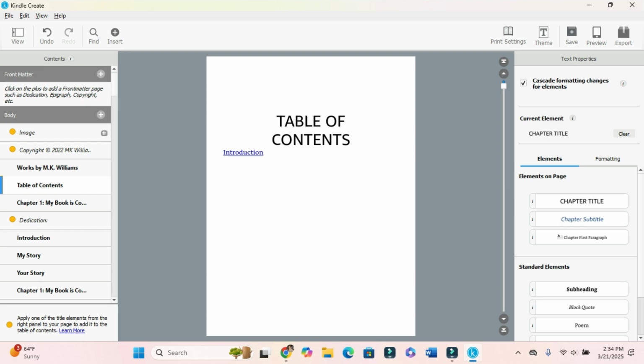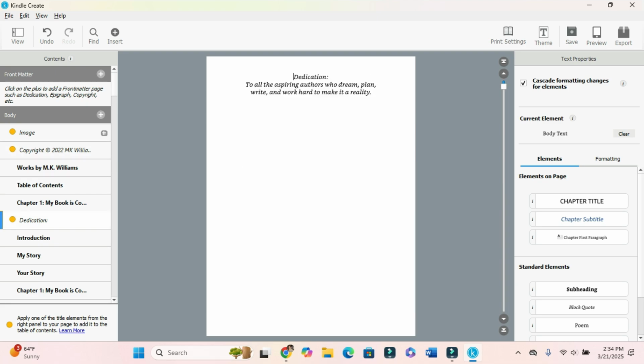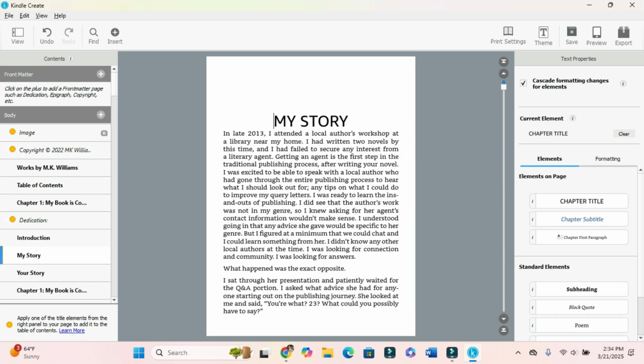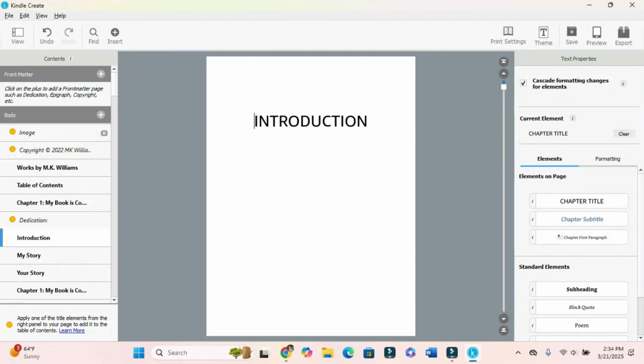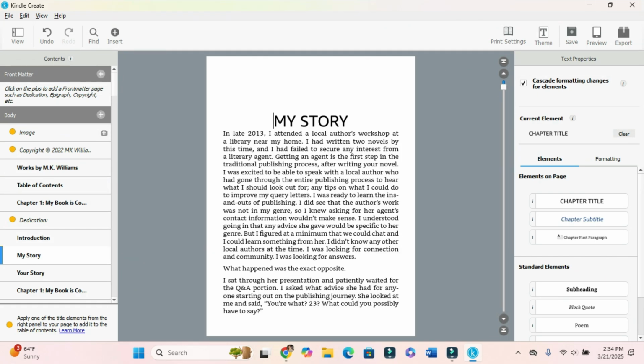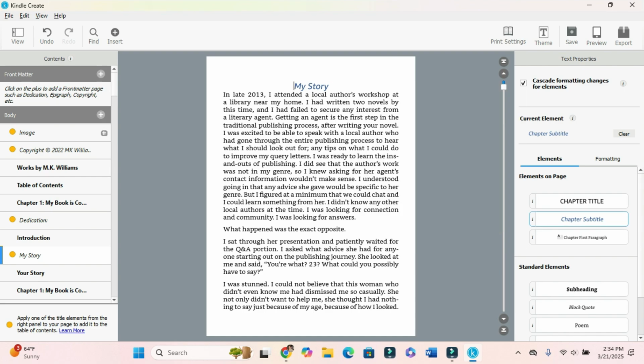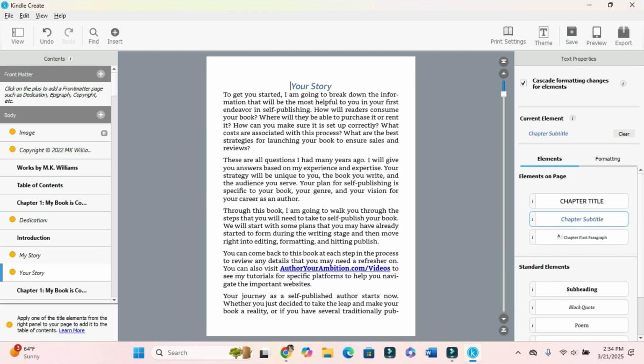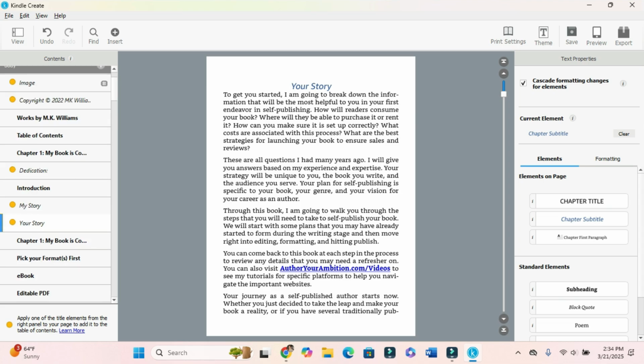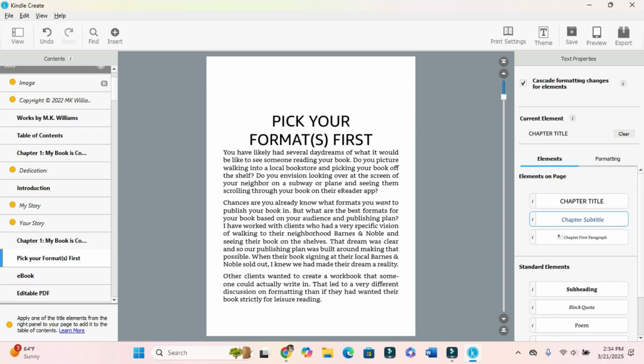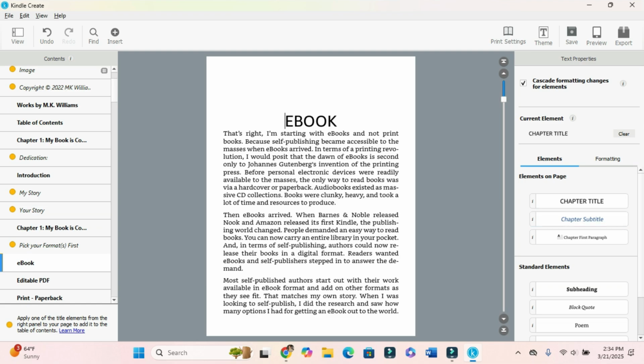So as you can see, if it has like the yellow, it's normal text, introduction. So what I'm going to do is this is the beginning of the very first chapter. So the next piece of information isn't a new chapter. So I'm going to make that a subtitle. And over on the far right under elements on the page, there's chapter title, chapter subtitle. I just clicked that, and now you can see this designation went from bolded to now it has this little yellow next to it, meaning it is not a header file. Okay, now I can go through and do that for every single one of these.